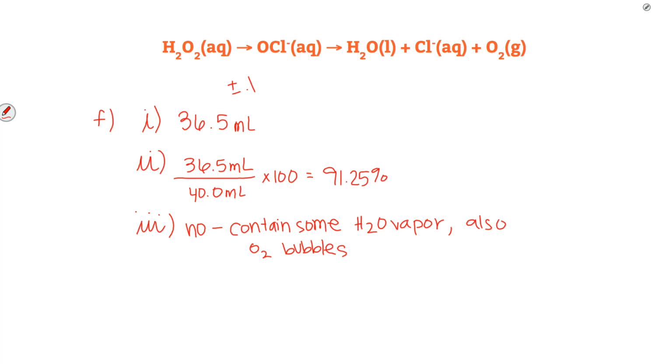And then finally, last one, to account for the percent yield being less than 100, the student claims that the reaction reached equilibrium before the expected amount of O2 was produced. Considering your answer to part D above, do you agree or disagree with the student's claim? Justify your answer. So you guys, any time that they give you a section to look back at, you want to do that because it's going to give you a hint as to what they're looking for in the answer. So when I go back to part D,